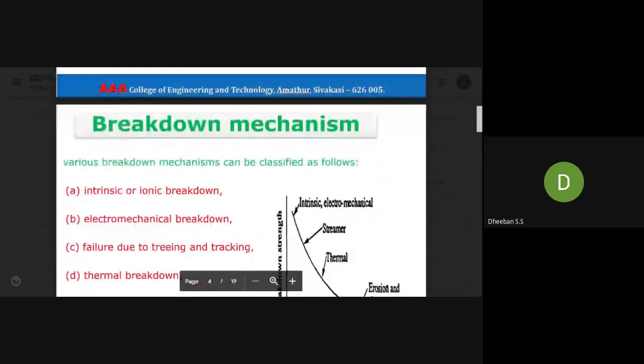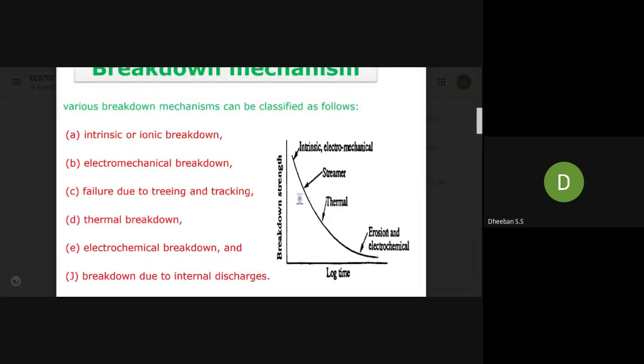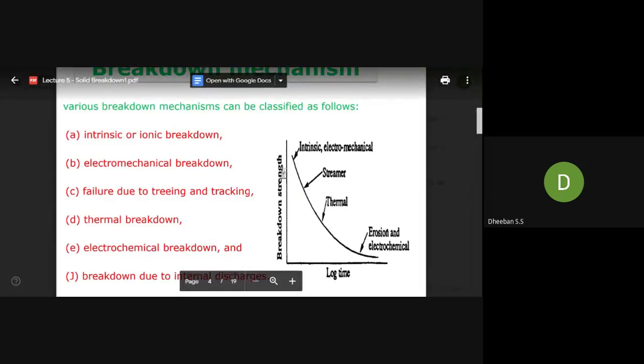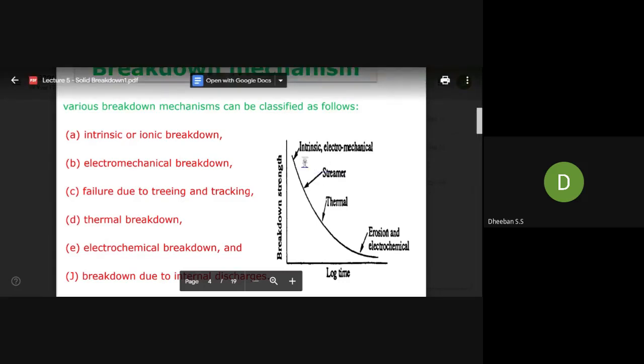So we'll be coming to the breakdown mechanism. What are the breakdown mechanisms? First one is intrinsic or ionic breakdown, followed by electromechanical, the same thing we have seen in the beginning. Here they have given out a graph. What this graph indicates is the breakdown strength across time. This is time, but the scale is given in log scale. Log scale means similar to your Bode plot. So what you can see is